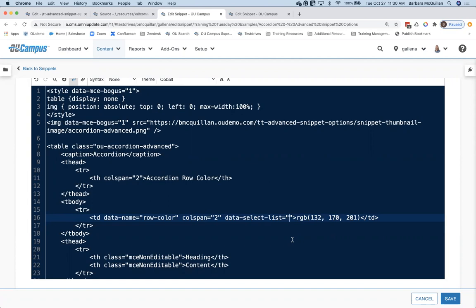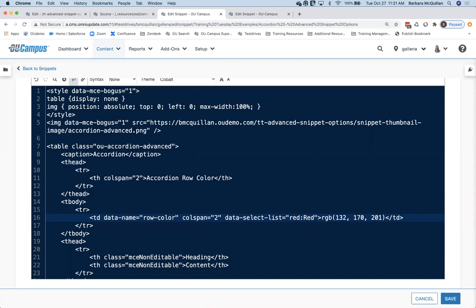So when I do my key value pair, I'm going to put in what the key is, or the actual CSS rule value. In this particular case, I'm going to use the word red. I'm going to do a colon, and then type in the friendly name for it. So what my editors will see here is the word Red with a capital R.